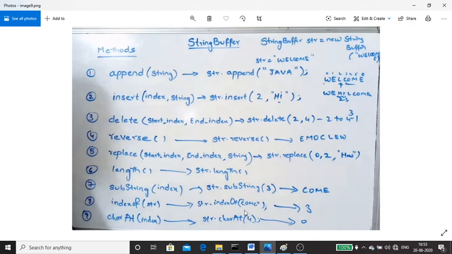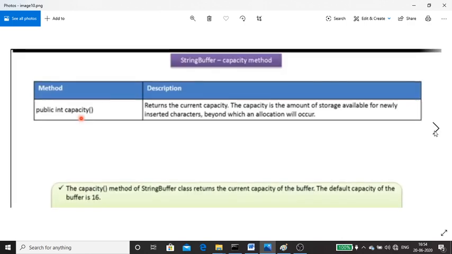Okay, so indexOf is the reverse of this one. Suppose I give a substring, whatever the index of its first character is will be printed. If you give the first string, the entire string will be printed. That is substring. IndexOf is, if you give a substring, the first character's index value will be printed. Character at: if I specify any index value, the corresponding character will be printed. So at 4, what is the character? O got printed.